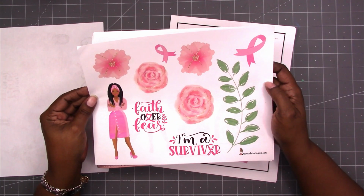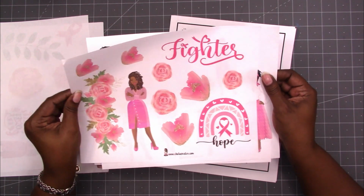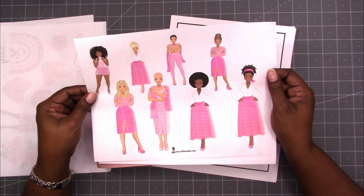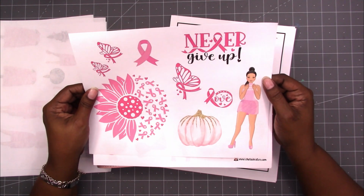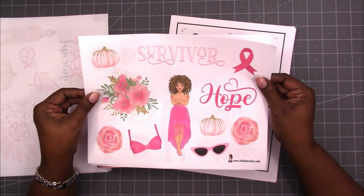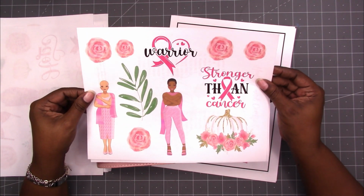This is a fairly large digital, and as you can see, it is breast cancer awareness related. And I think some of these elements are really cool. I especially love the pink pumpkins and this doll, the pink bra. There's a lot of things that I really like about this, and I'm very particular about my breast cancer awareness